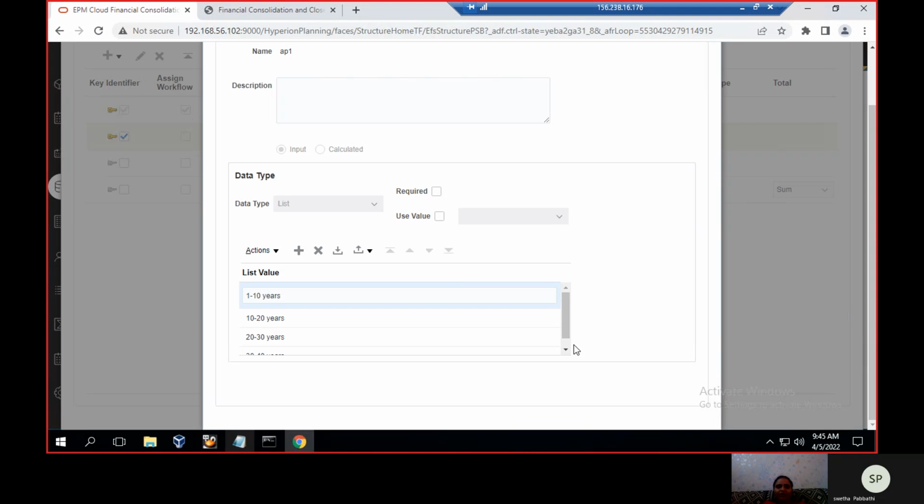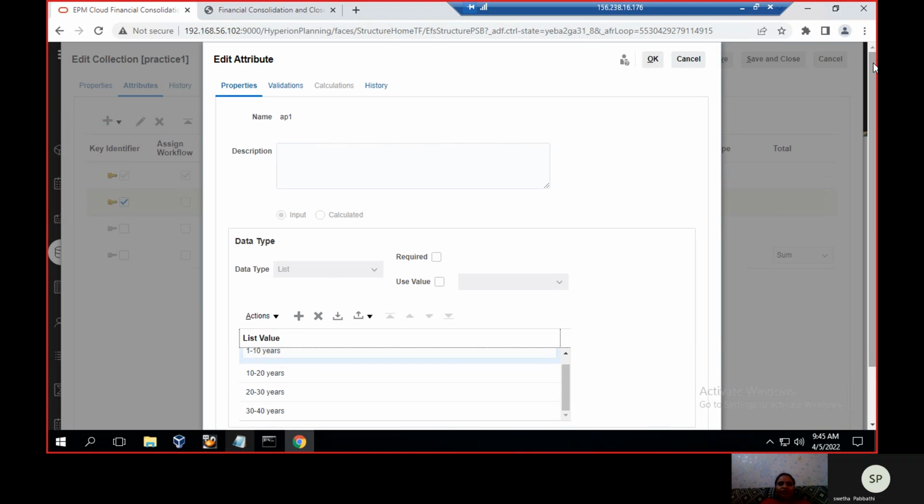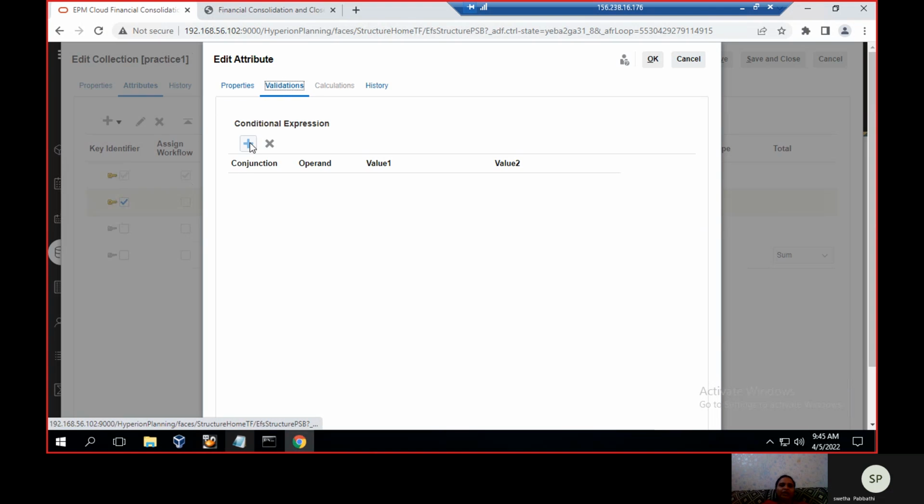then I'm taking the data type as a list. For the list I'm adding 1 to 10, 10 to 20, 20 to 30, 30 to 40 years, like this. After completion of the property phase, click on the validation. In validation we can give the